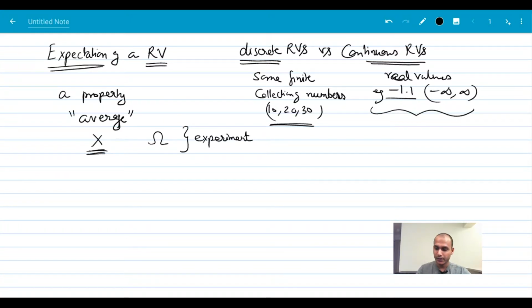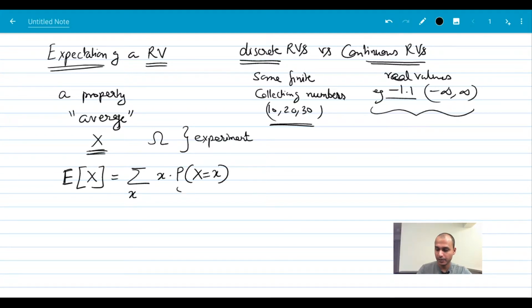Okay, so what is the formal definition of the expectation? For discrete random variables, it's simple. It's notated using the letter E with square brackets, and it's just the summation over all the values, let's say little x, that the random variable can take, of little x times the probability that the random variable takes the value little x.